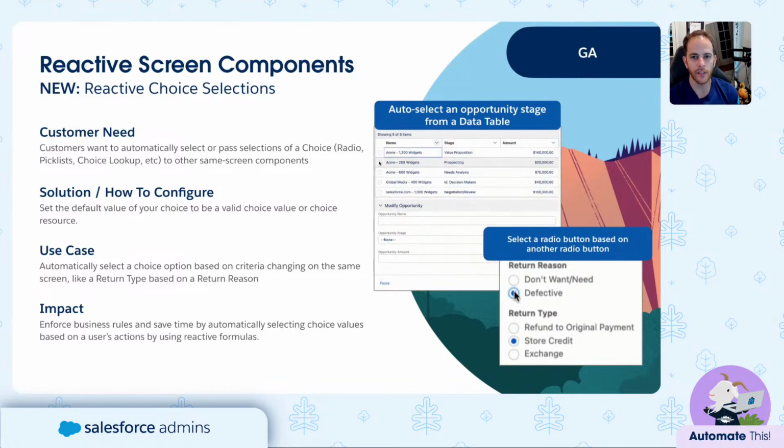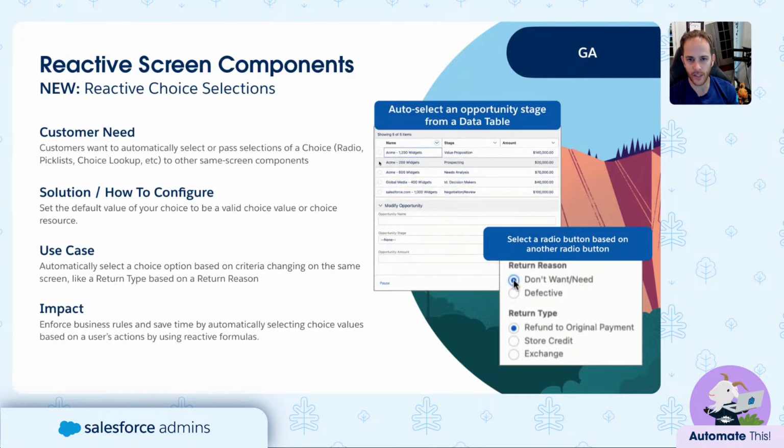All right, so what's coming for GA? Let's start at the top. One of the biggest things that the beta didn't have was choice selections. So if I make a selection in a pick list, a radio button, those changes didn't propagate to other components. So now with GA, I'm pleased to say, changes in choice components and components influencing choice components can now be